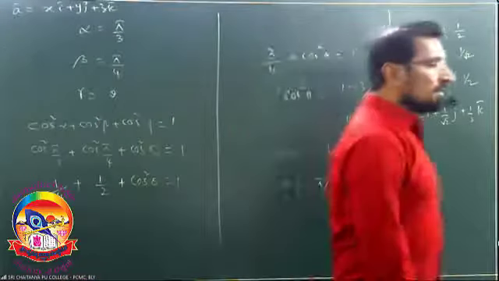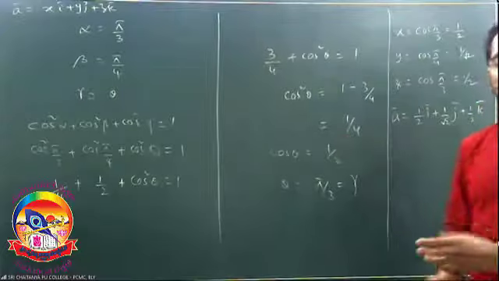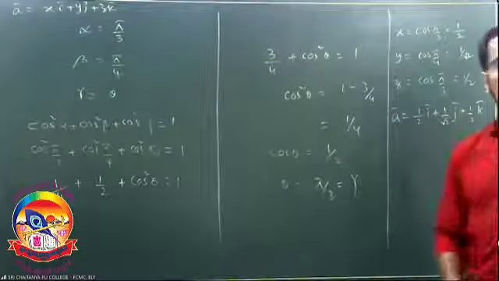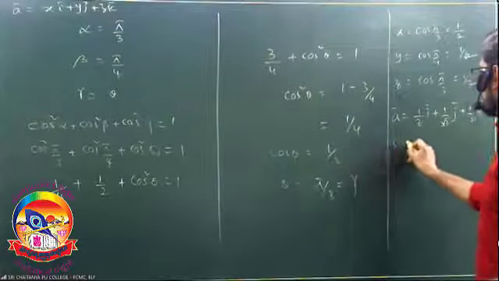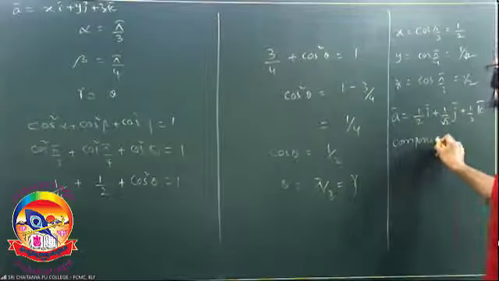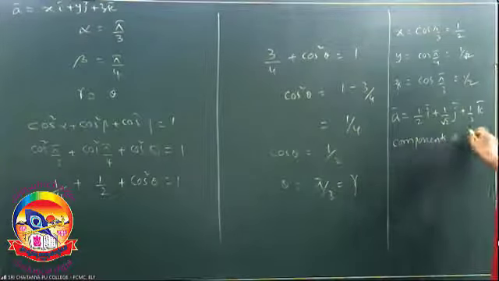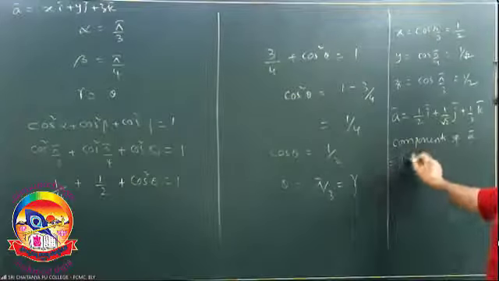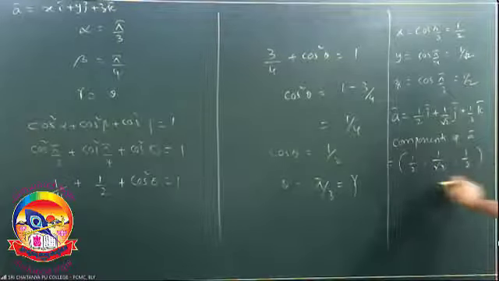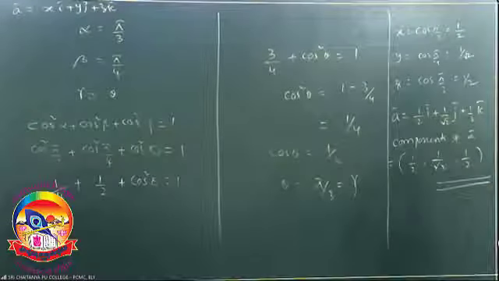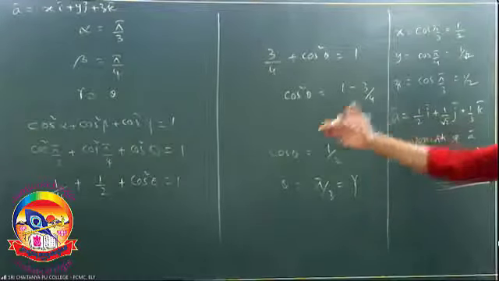And another thing, you can also write this, because that fellow asked you to find the components, right? So the components of A bar is equal to 1 by 2, comma, 1 by root 2, comma, 1 by 2. This will be the final answer. You just copy this one.